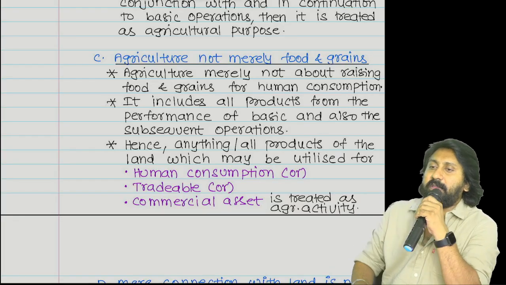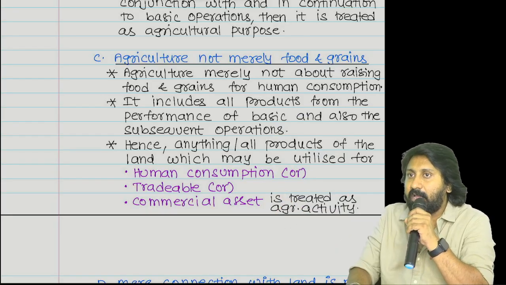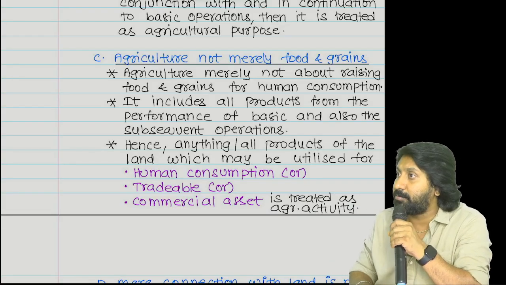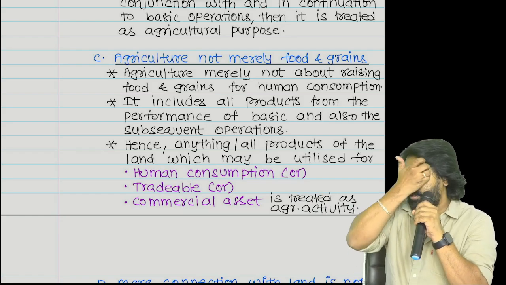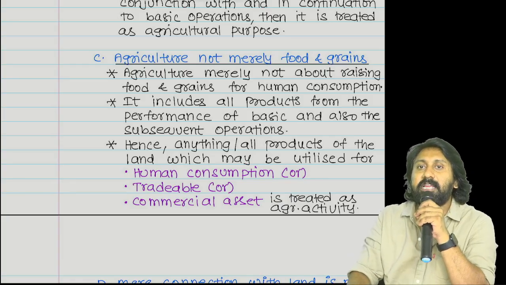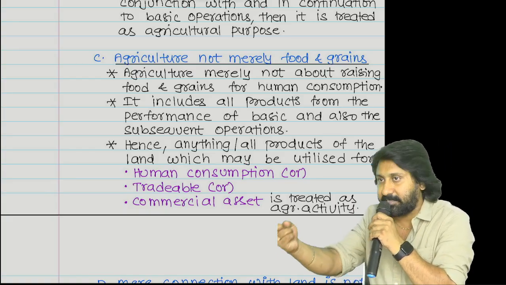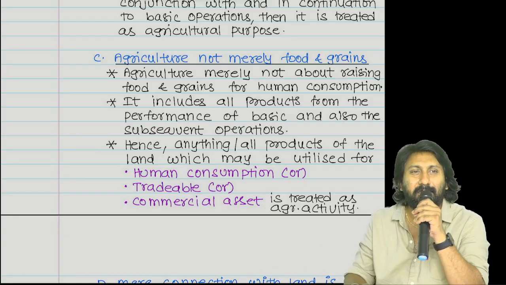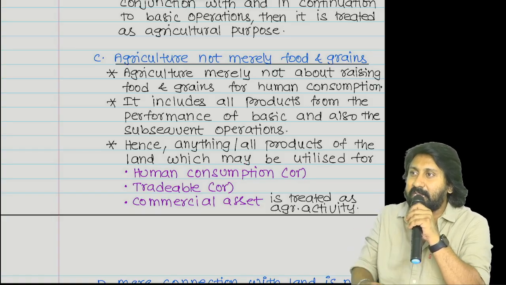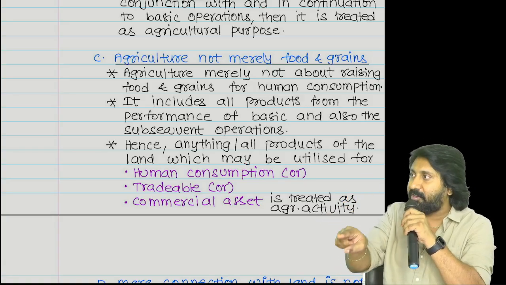You can understand it this way. Certain products created out of agriculture are used not for human consumption, but by animals. See, there is a starch which is used to feed cows and buffaloes, not for human consumption. But that starch comes from agricultural produce. Do you understand the point or not? For humans or not for humans, now agriculture or no agriculture? Agriculture is still there. Don't always assume that it should be used for human consumption.